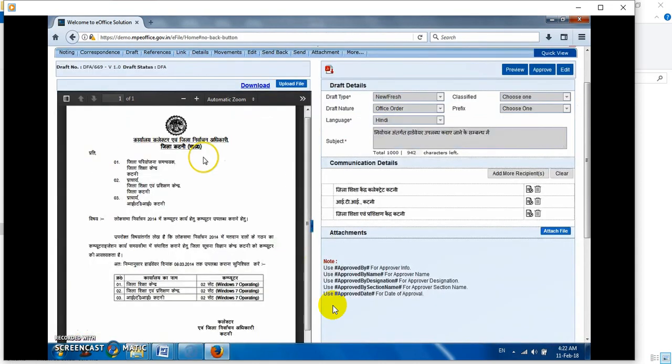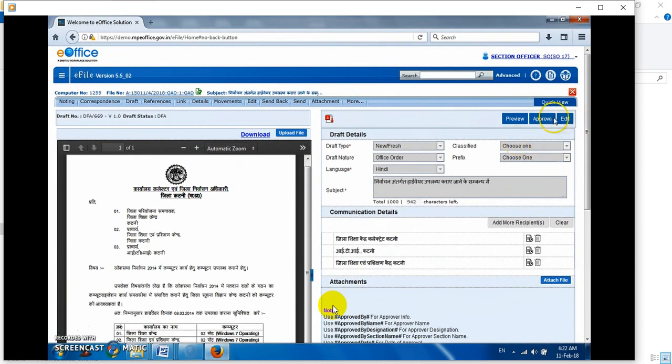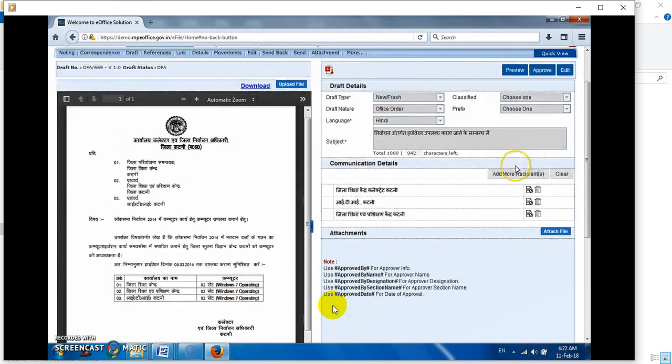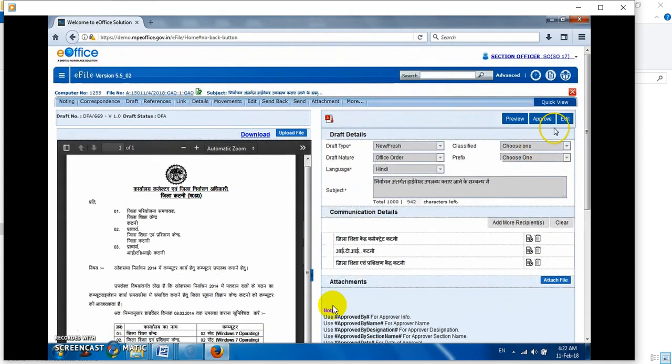See here, the draft can be read, and on the right there is an option, the approve button. If I click on preview, the draft will get downloaded, so we can read it in the local system. Editing can be done in the information below, as the higher authority has the power to edit. If he feels the proposal is fine and can be approved, we will click on approve to see this. Click on it.